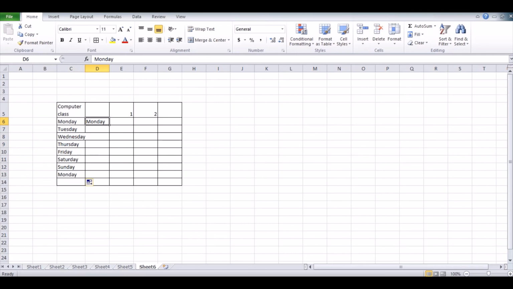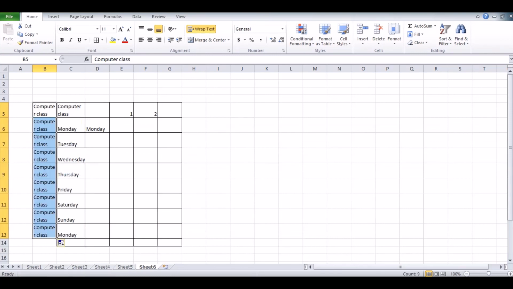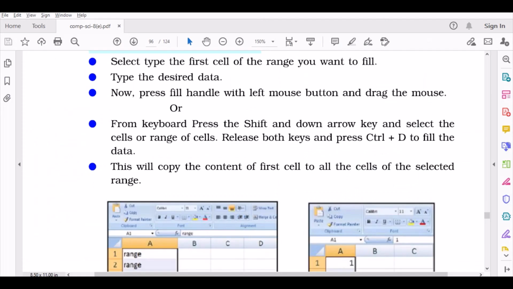The range will be the same, but with this you cannot go further. In the same way, if I click here, it will take just the same. But if I want to continue my digits, then I click the Control key and drag it down. This will give you the continuation.